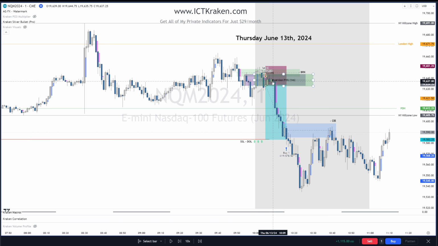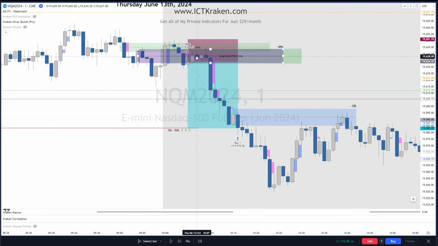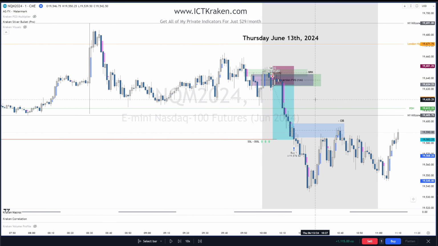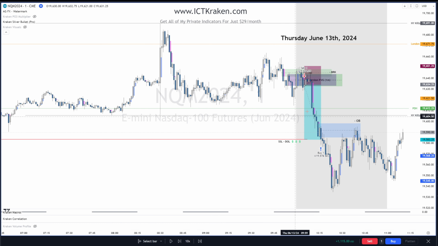All these 4 candles here, let me zoom in here. These 4 candles right here go to the consequent encroachment of the inversion fair value gap and the breaker. So the bodies tell the story, the wicks do the damage. The wicks do the damage, because if you look, it could have taken me out with a wick, but the bodies held. Okay, but it didn't. And then price came down lower. We got 51 points out of it. We were aiming for these relatively equal lows, which is a very good target.